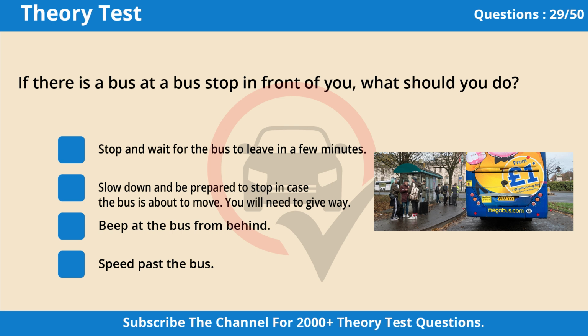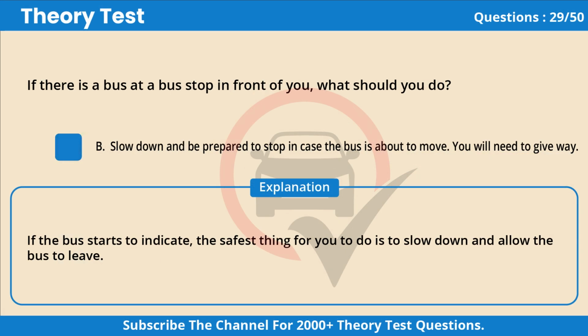Question 29. If there is a bus at a bus stop in front of you, what should you do? B. Slow down and be prepared to stop in case the bus is about to move. You will need to give way. If the bus starts to indicate, the safest thing for you to do is to slow down and allow the